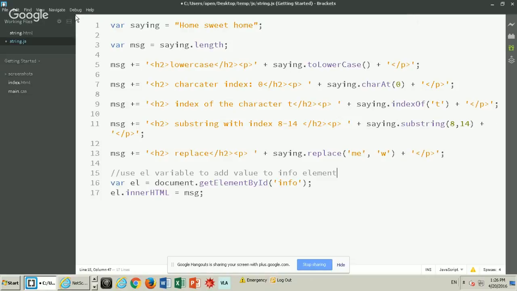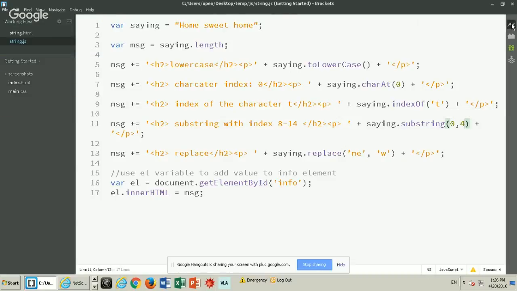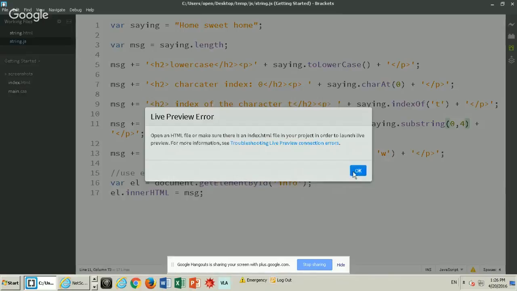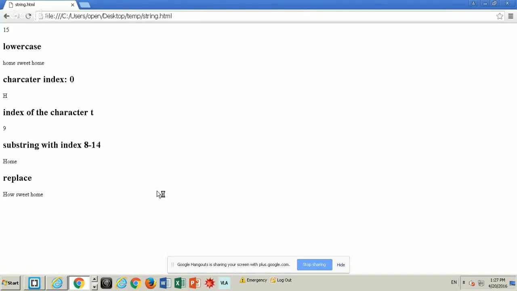So you can maybe try it with 0 and something like that, 0, 1, 2, 3, let's say 4. That shouldn't really matter. There we go, that works. So now we're getting